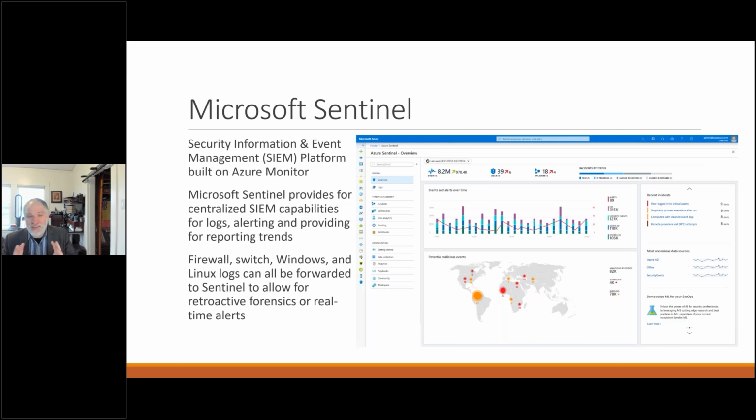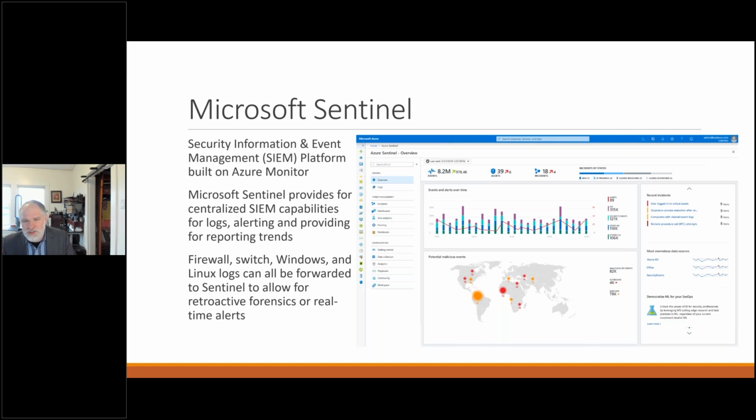Sentinel is that SIEM platform that gathers the logs from those sources and also from your firewalls and from other places. You can have logs sent in from AWS and other third-party applications, and it gives you that place to do all the alerting from, and to go and do hunting. There's a place where you can actually do hunting and try to look for nefarious activities. This is, again, where your MSSP can come in handy. If you give them access into Sentinel, you give them guest accounts that can go in and do things.